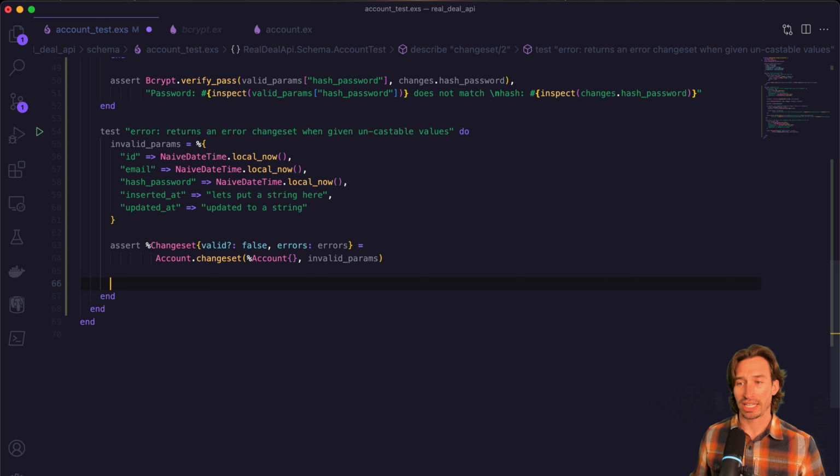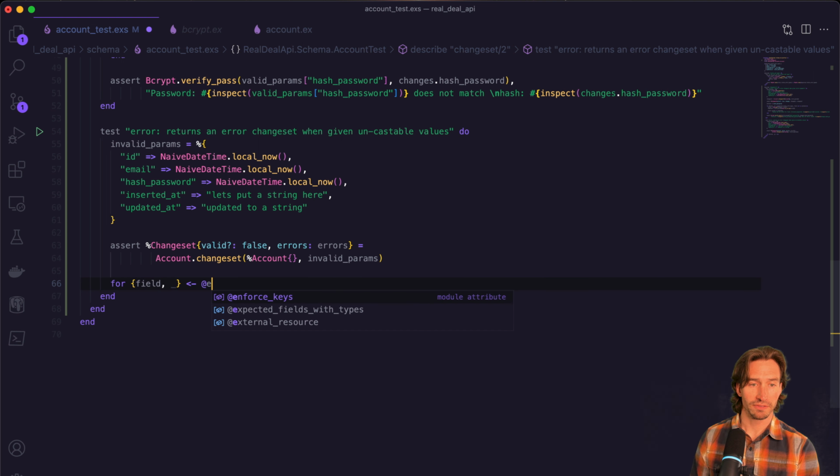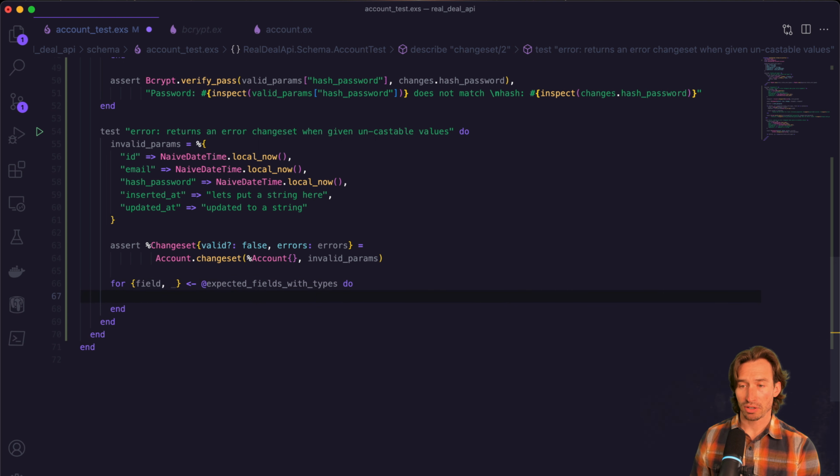We want to make sure we're getting an uncastable validation error type, right? So we're going to want to loop through our expected fields with types again. And as we loop through, we want to verify that each field exists in our error list. So let's start with that. We're going to do the same exact thing we did above. So for, and then we're interested in the fields that is from our expected fields with types map that we created. And now inside our loop, all we're going to do is assert that the field exists in our errors